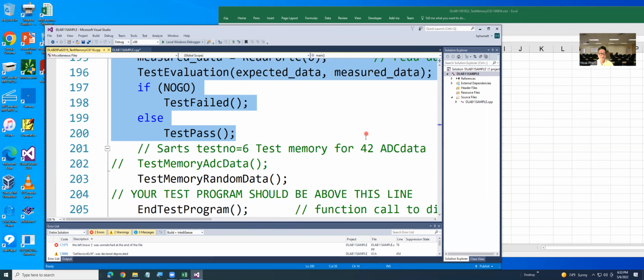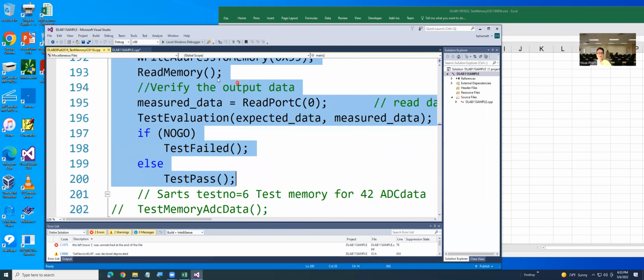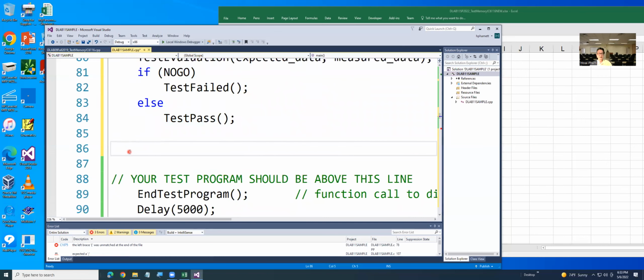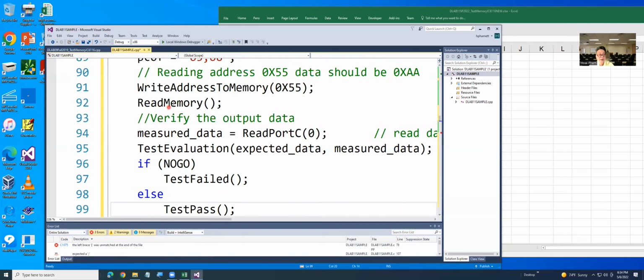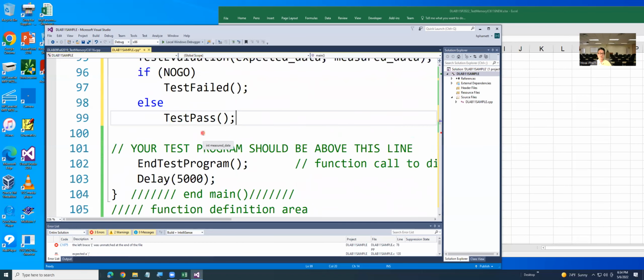Copy that one. And I paste the number 6. That number 6. Now, after the test number 6,